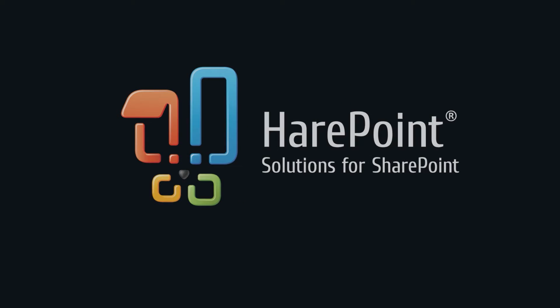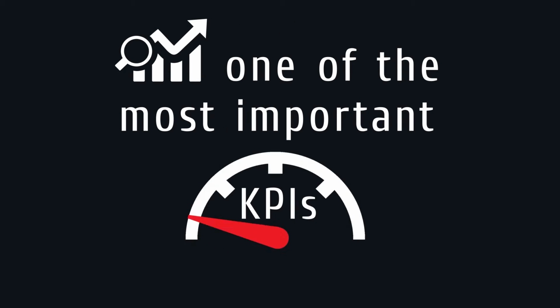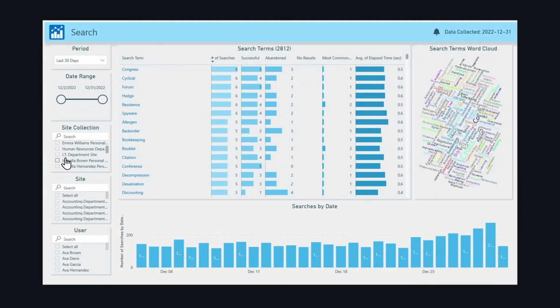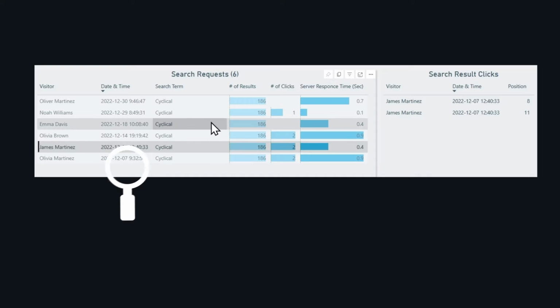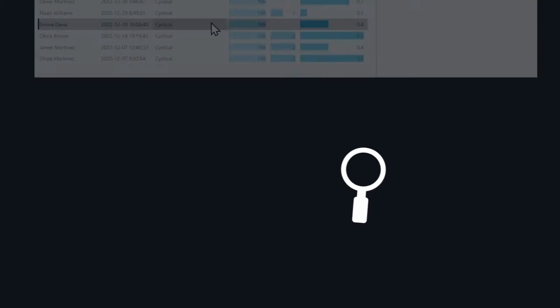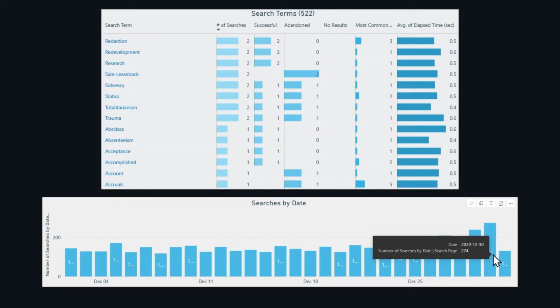Today, we will talk about search query analytics and reports in SharePoint Online. These data are among the most important KPIs in user engagement and adoption. This is important feedback about what's happening in your portal, what users were searching for, and whether or not they found it. You can also track how successful the changes you make to the portal are in terms of search